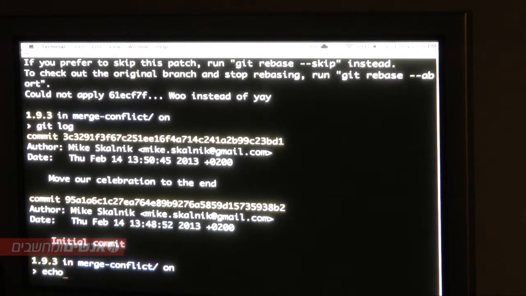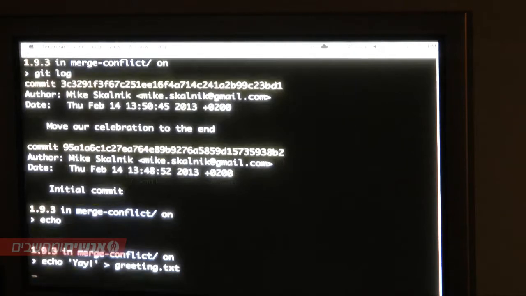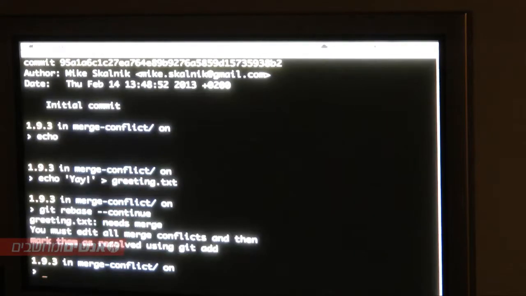and we can do things like edit that actual file. So instead of DevconTLV, we can just say, yay, and continue our rebase. Now I think it might yell at me because I did not commit, but we'll find out. Yeah, so it says you're in the middle of this rebase and you said you were going to change this, but you haven't committed yet.